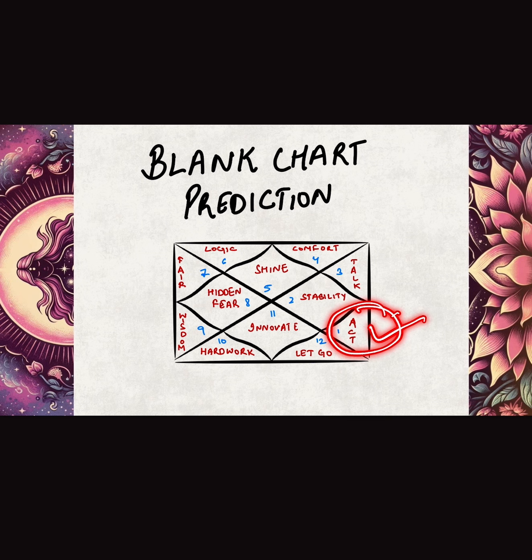Now, wherever Aries sits, you need to act. Don't plan, just act, because Aries is asking you to do it. Whatever you think, or whatever things you want to do, just act on it. Here Aries is sitting in the ninth house. So you need to act on the things relating to the ninth house. Maybe travel, or maybe you want to pursue some kind of higher learning. Maybe you want to go for a master's, then just go for it.